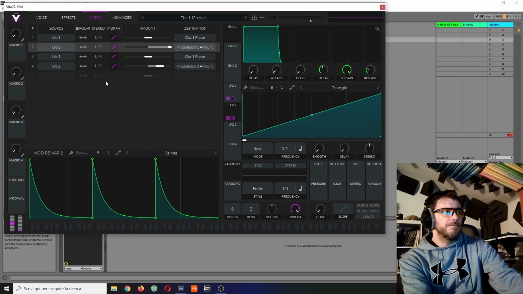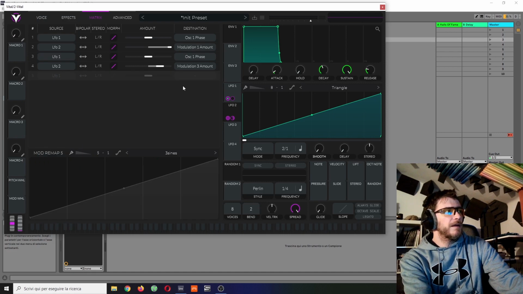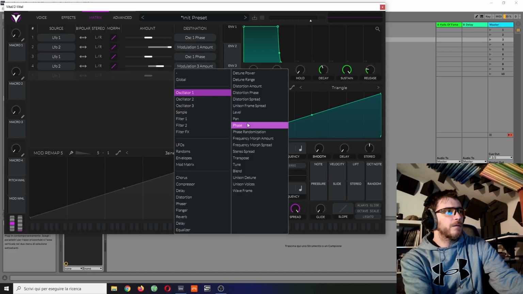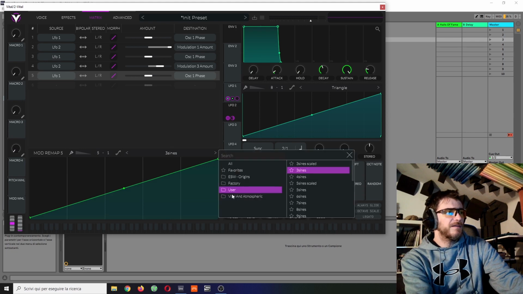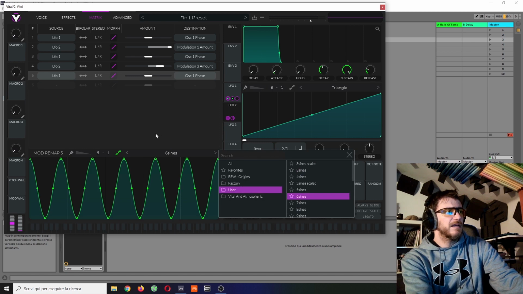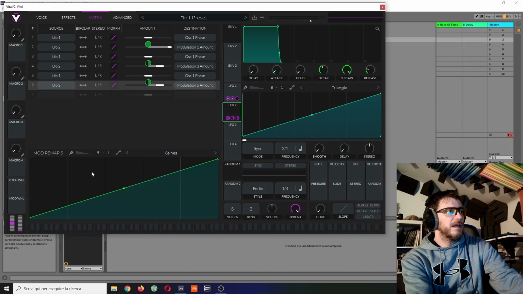Enough? Not even slightly. I'm going to keep doing this. LFO1 again to modulate oscillator 1 phase, and again LFO, actually no, let me get this to be something else. Let's get it to be 6 sines, and I'm gonna get LFO2 to modulate this again, and I'm gonna make this being in 7